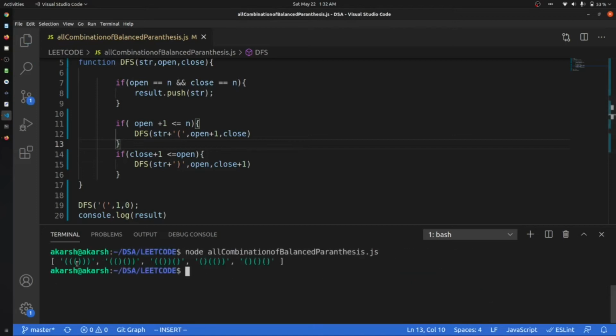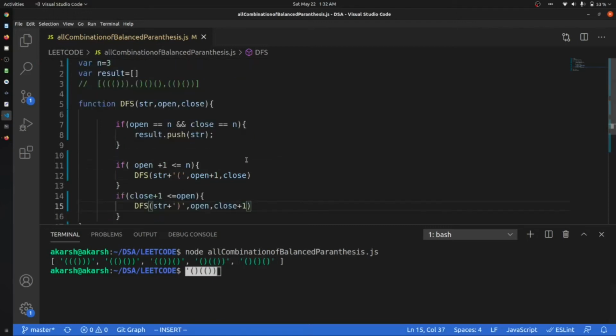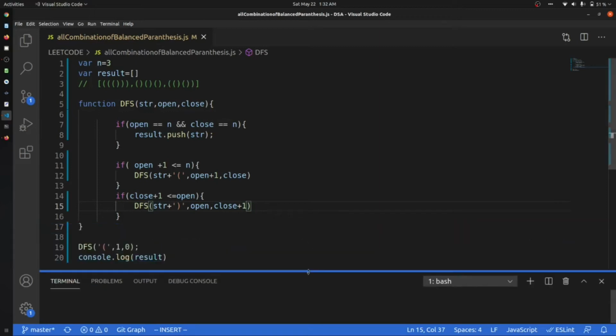Okay, so you can see that we have printed every array in our output, and everything is fine. Yes, every parenthesis we are getting is fine. We got this, and this is also fine. I have not added these things, but this is fine.